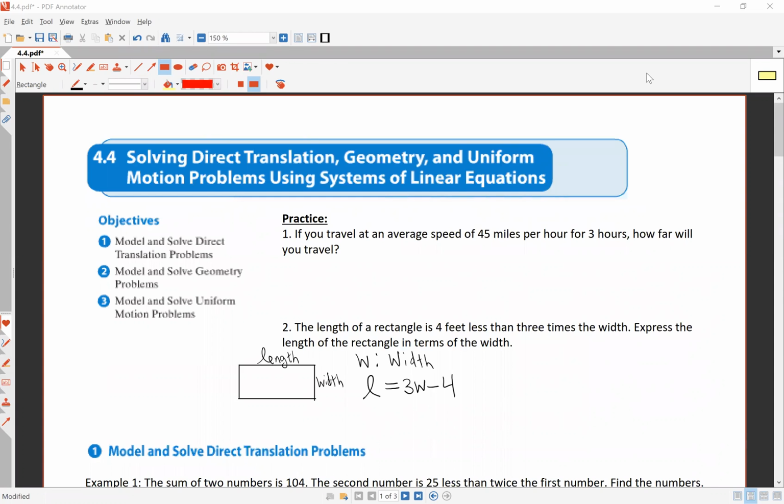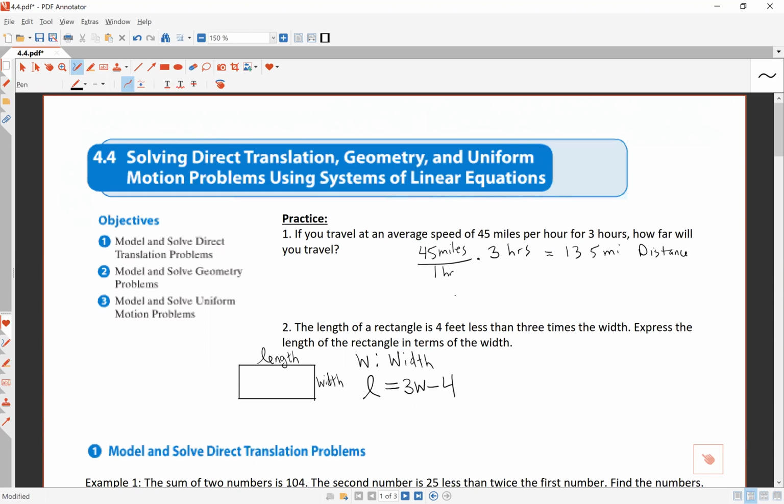Practice 1. If you travel at an average speed of 45 miles per hour for 3 hours, how far will you travel? If you travel 45 miles every 1 hour, and you want to know how far you get in 3 hours, you multiply by 3 hours, and that's going to end up giving you the distance that you travel. 3 times 45 is 135